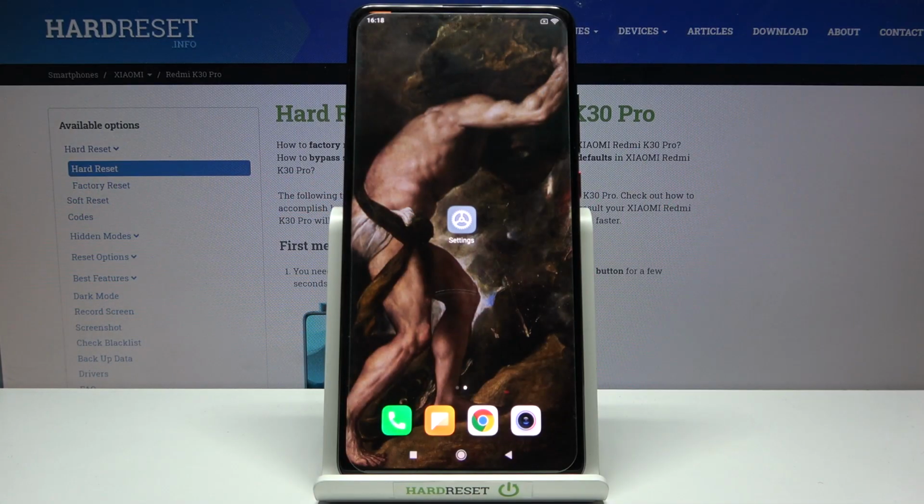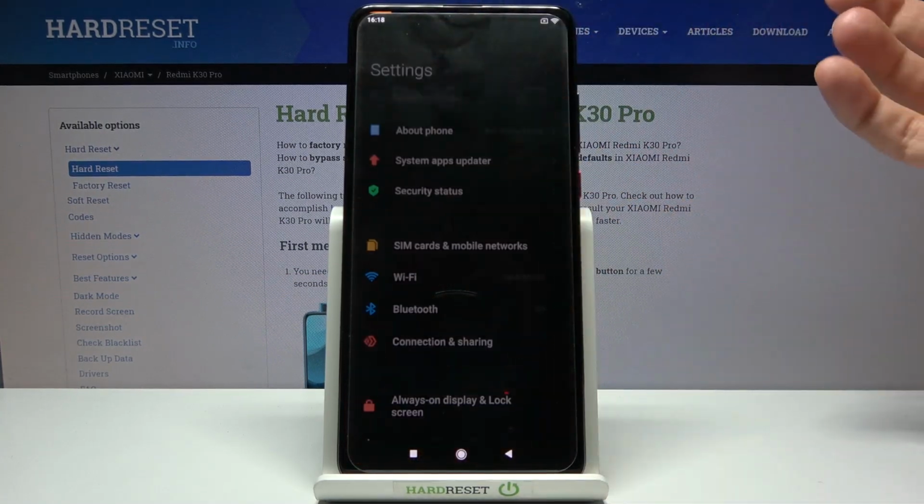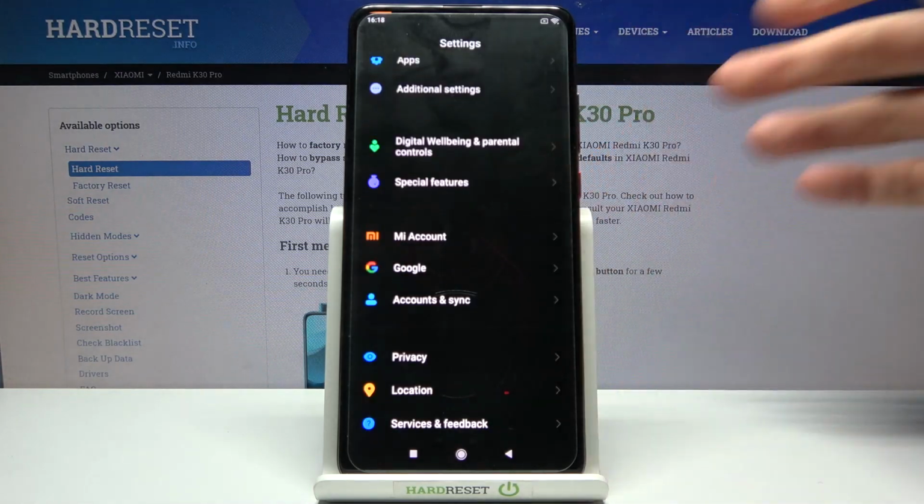Here I have XIAOMI Redmi K30 Pro, and today I'm going to show you how to enable TalkBack on this device. So firstly, you'll have to open settings, then you have to enter